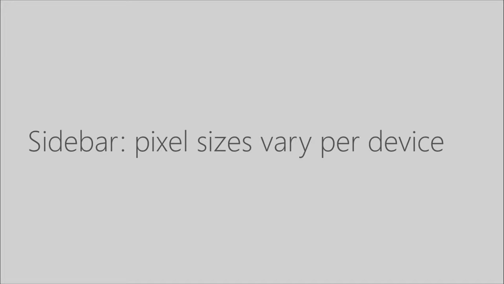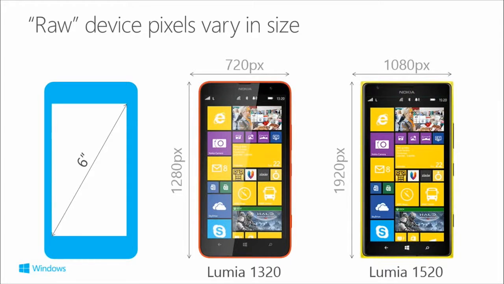The standard way to think about any device has been pixels. How many pixels does it have? But when it comes to phones especially, this can be misleading, because many of the same screen sizes support different resolutions. For example, the Lumia 1320 is a lower cost device, but it's exactly the same screen size as the 1520. So we have a 720p screen versus a 1020p screen that are exactly the same